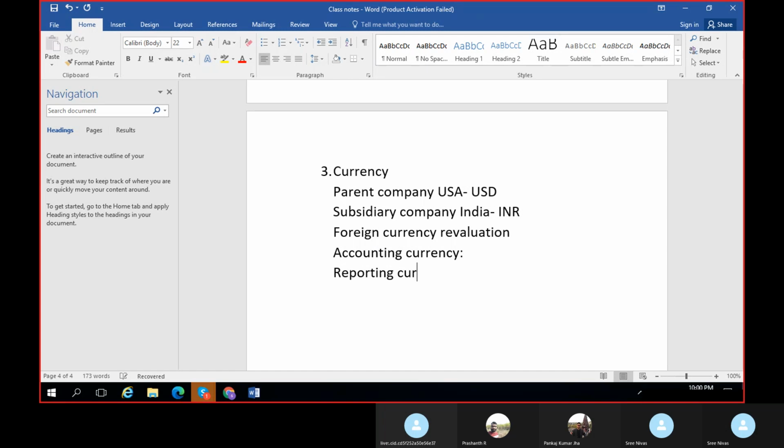Thanks for the explanation, Prashant. Even though this looks very simple, while doing the transactions we should be very careful, and we should ensure that accounting currency and reporting currency are enabled for each and every transaction wherever required. Else, it will be very difficult while doing the reconciliation. So, as Prashant told, the accounting currency depends on the entity. If the entity is located in India and the parent company is located in USA, in India they are supposed to report the transactions in INR.